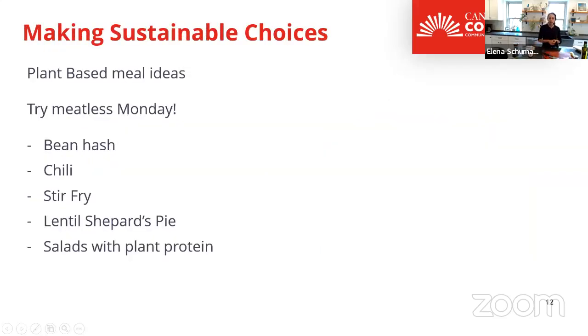So plant-based meal ideas. We can try a meatless Monday, excuse me, or a meatless Tuesday or whatever day of the week you want to do that with. Some ideas might be breakfast options, a bean hash. And I know we've made that several months ago in class. Bean hash, maybe a